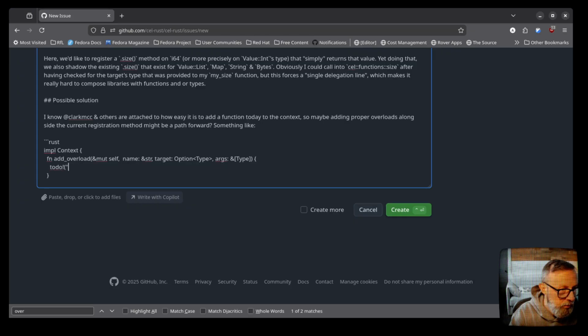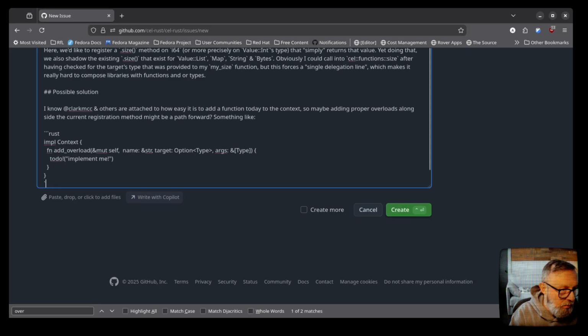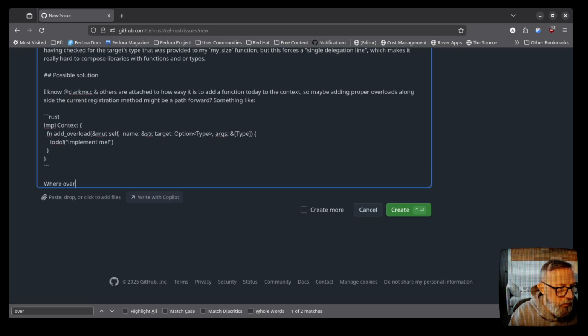To do: implement me up, where overloads would